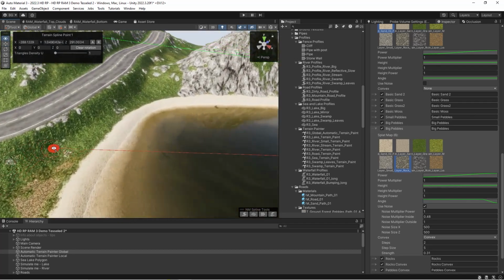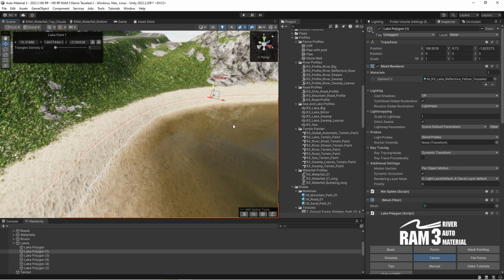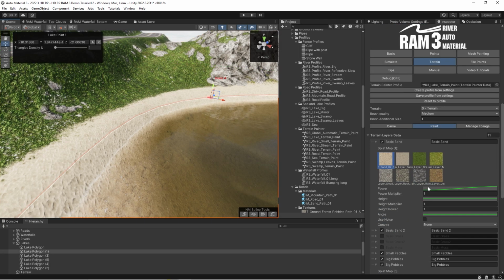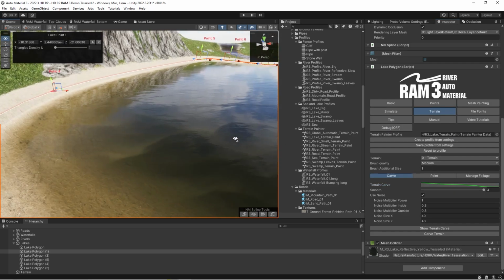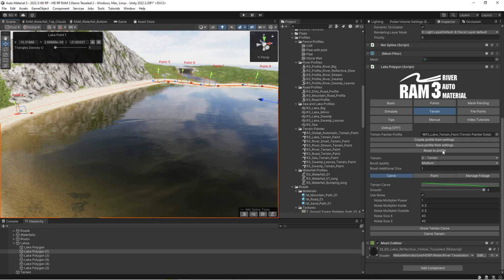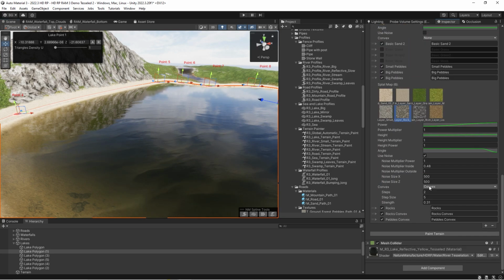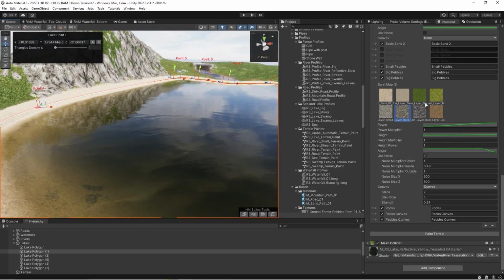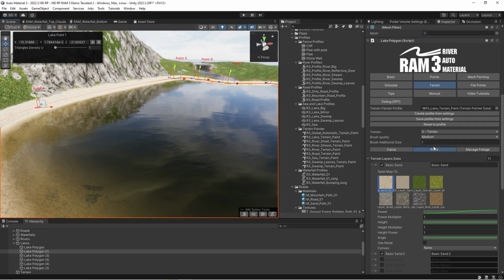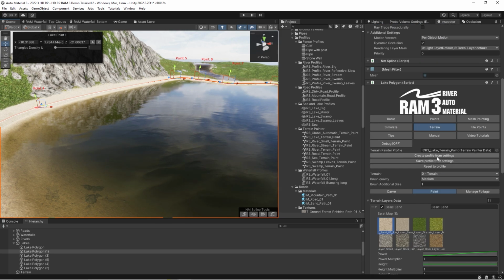So in a lake where the shape is rather not so noisy, because it's simply curved by a spline curve, you will not notice a big difference without setting that, but for whole terrain painting it's pretty important. So that's why it's a good idea to use these convex and concave rules. So